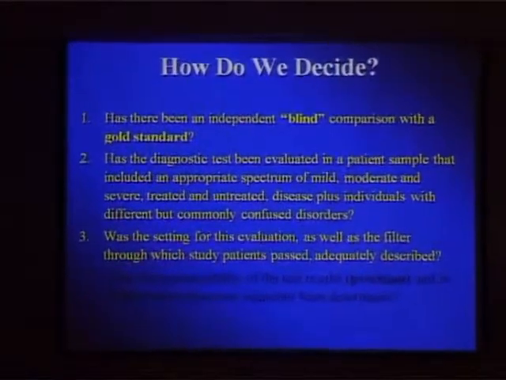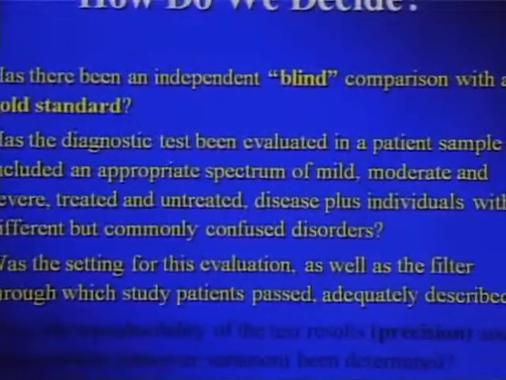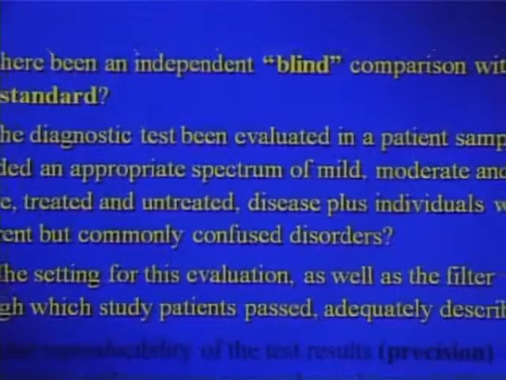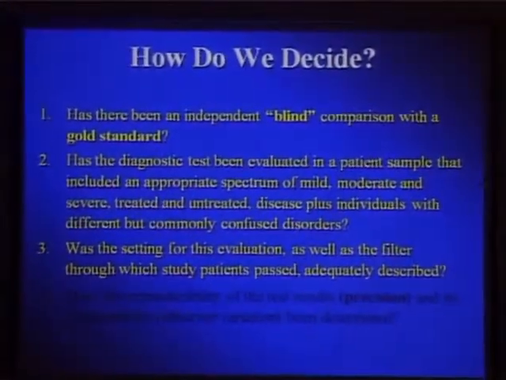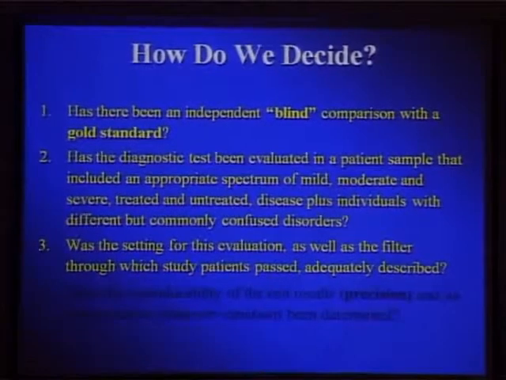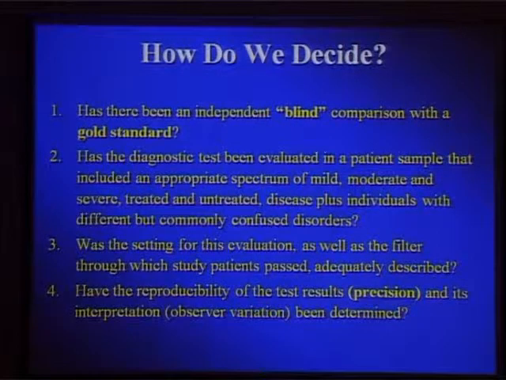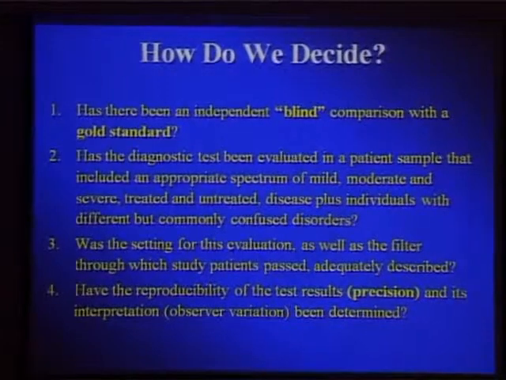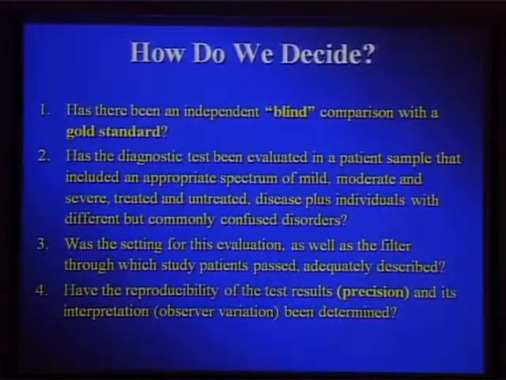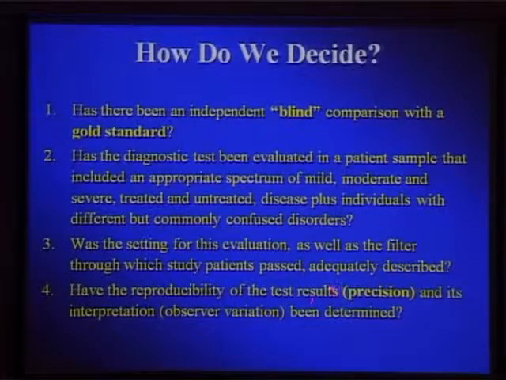The third is how they have been evaluated. The methodology has to be described properly. If you want to publish, you have to write down the methodology clearly: what the inclusion criteria and exclusion criteria were, which patients you excluded, and why they were excluded. Reproducibility has to be done. Usually, for something like HRT or GDx, reproducibility has already been done. But if there is a new investigation, the reproducibility has to be measured. The test has to be reproducible, or the precision has to be determined.